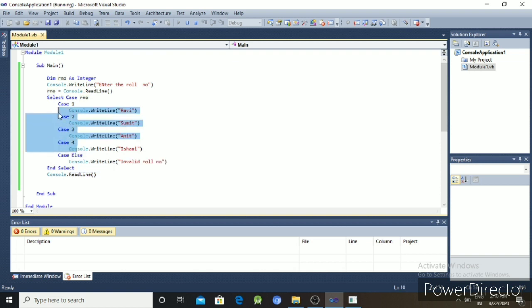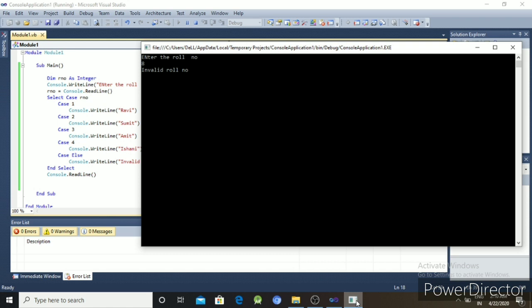So all the cases do not match. In this situation, case else is executed directly. Here case else gives invalid roll number. So we get the output invalid roll number.